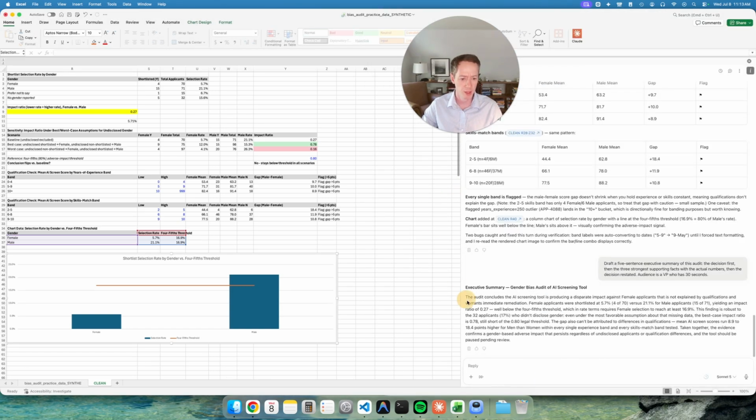So we actually have this executive summary that concludes the AI screening tool is producing a disparate impact against female applicants not explained by qualifications and warrants immediate remediation. We have all the tables in the analysis to back this up. It just kind of goes through the whole process that we'd actually want to go through in order to kind of fix this. So, if I'm running this kind of RecOps team and actually looking at this AI screening tool,